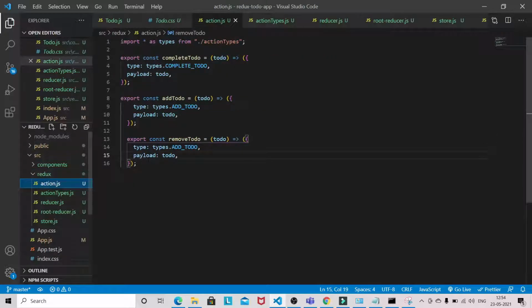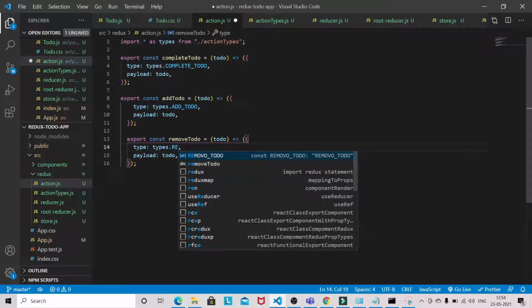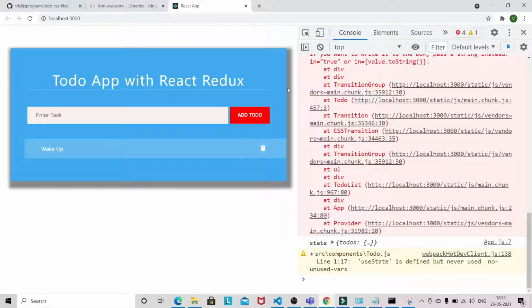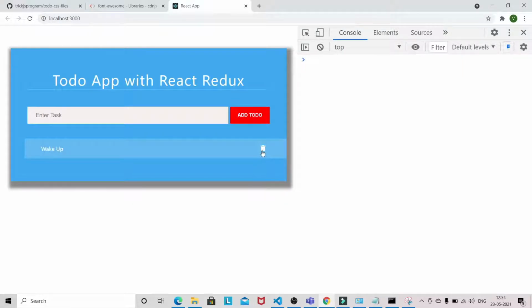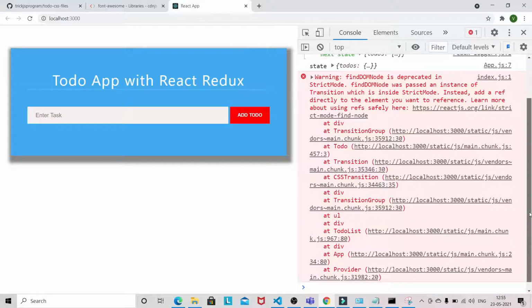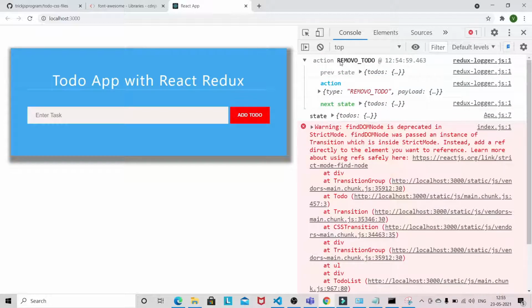Let me check the action type. Okay, so due to this it was throwing the error. Let's do it again. So it's getting deleted, and you can also see we have logged the action removed to-do. So the last part left now is updating the to-do.